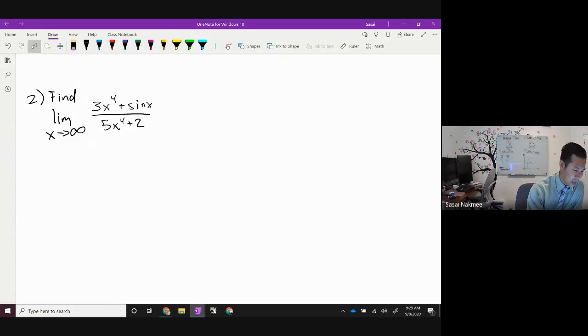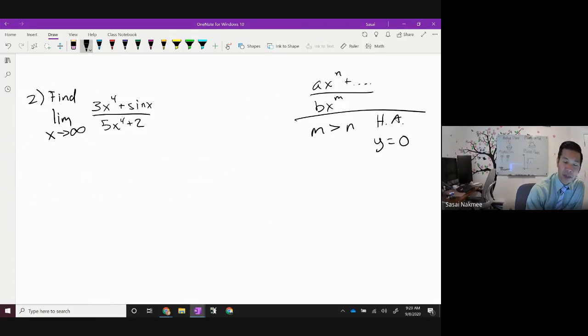One of them is, if you have a times x to the n plus some stuff, and then in the bottom you have b times x to the m, I have a couple rules here. First rule is if m is greater than n, you're going to have a horizontal asymptote every single time at y equals 0. If the degree of the denominator is greater than the degree of the numerator, what will essentially happen